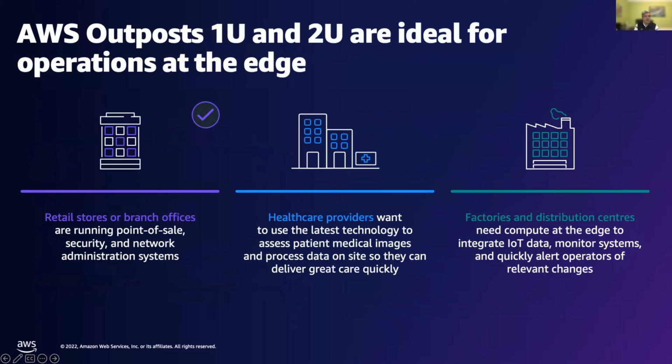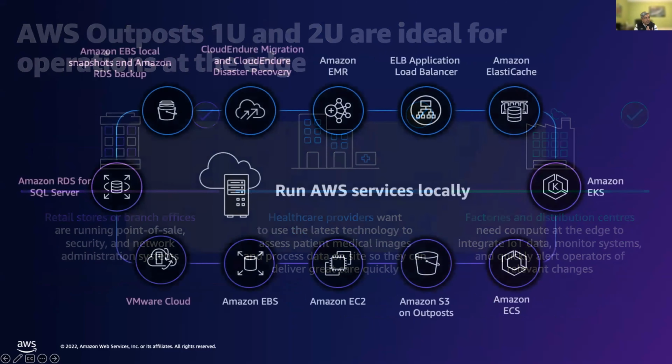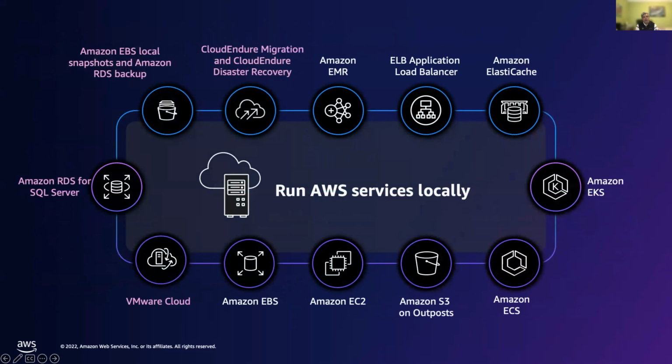Some of the smaller ones, the 1U and 2U ones, you would use at a doctor's office or a retail store, a point of sale, or a factory floor, right? Those would be the normal use cases for a 1U and 2U. But essentially,